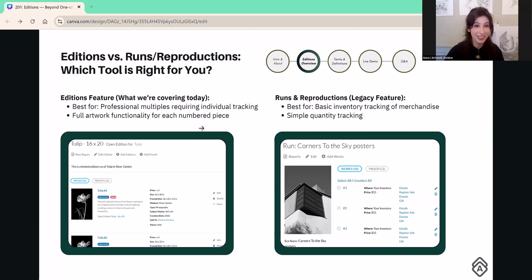But again, today we are focusing just on this left side. This left side here, you can see that you are looking at the edition series. There are individual piece records, so edition 1 out of 25, edition 2 out of 25. And it's giving you complete details as if they're original piece records because they are in their own right original. And then on the right side, you can see that the runs and reproductions is giving you just sort of a list of that exists. So that's what you can look forward to when we get into the additions in the demo, is that full